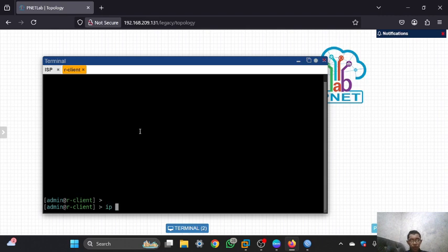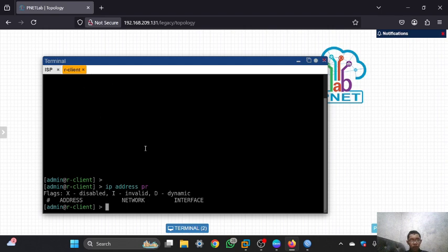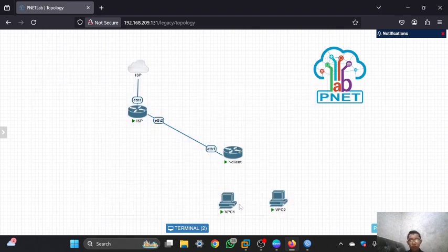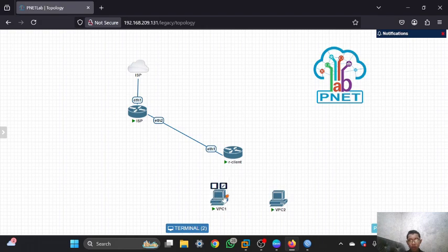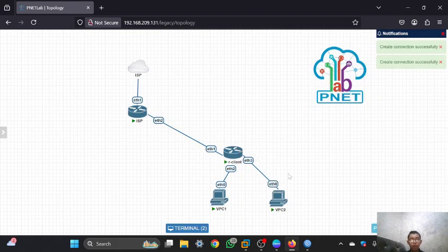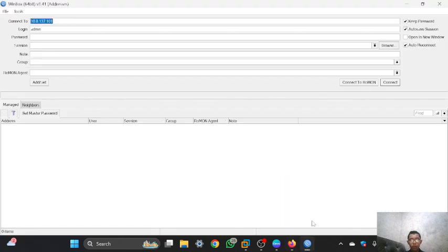And as you can see, if you try to see the address in here, there is no IP address because I have not set the PPPoE protocol. But first you can connect the VPC1 to the router client, and after that I will configure the PPPoE protocol in the Winbox. So first you can go to the Winbox, and then you can log in into the first router, or the ISP router, then connect.